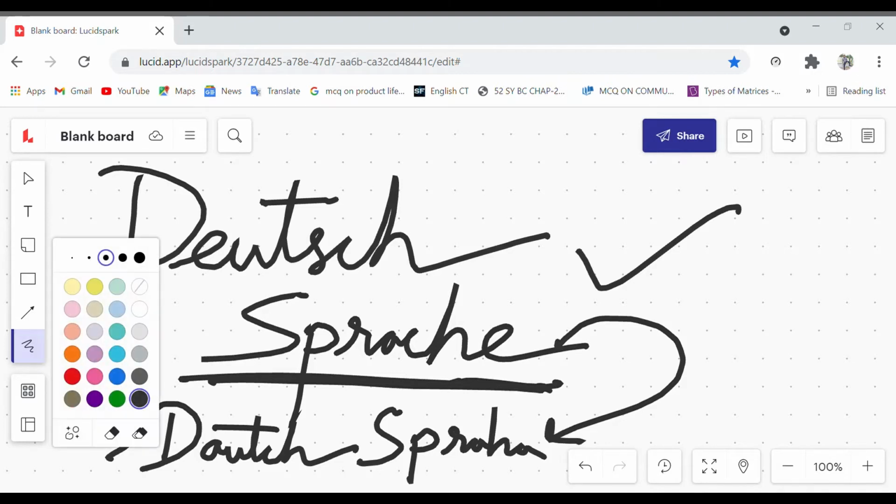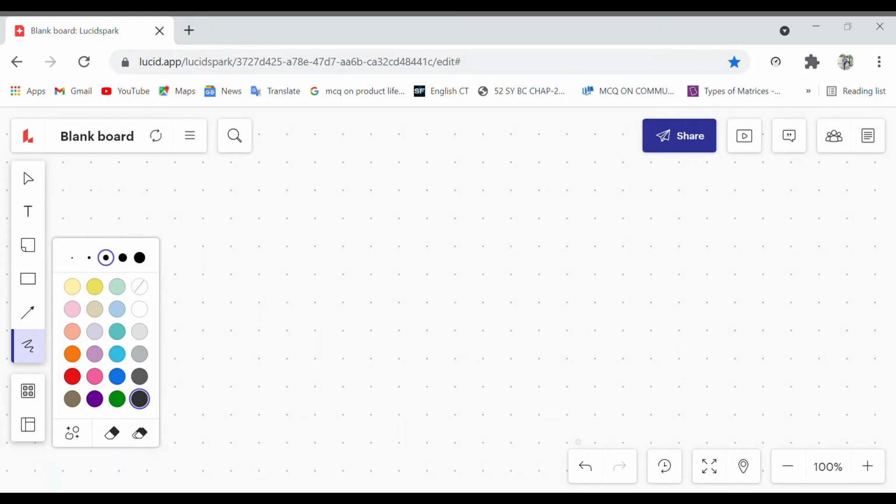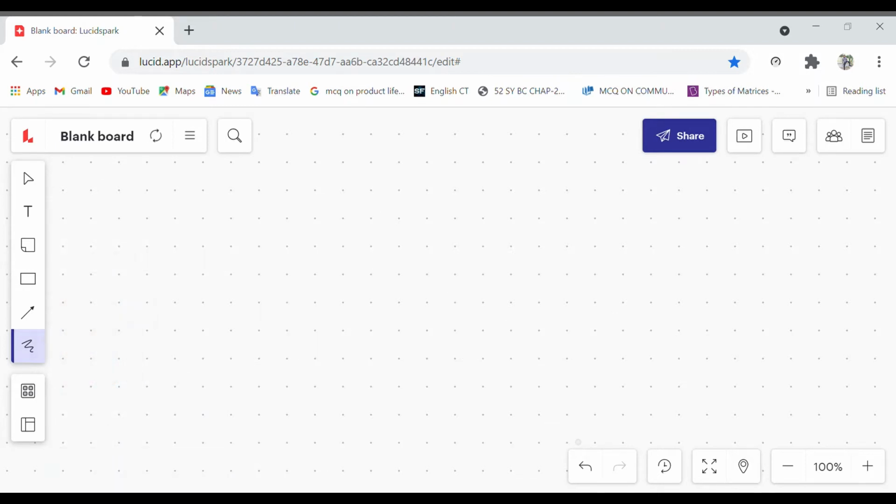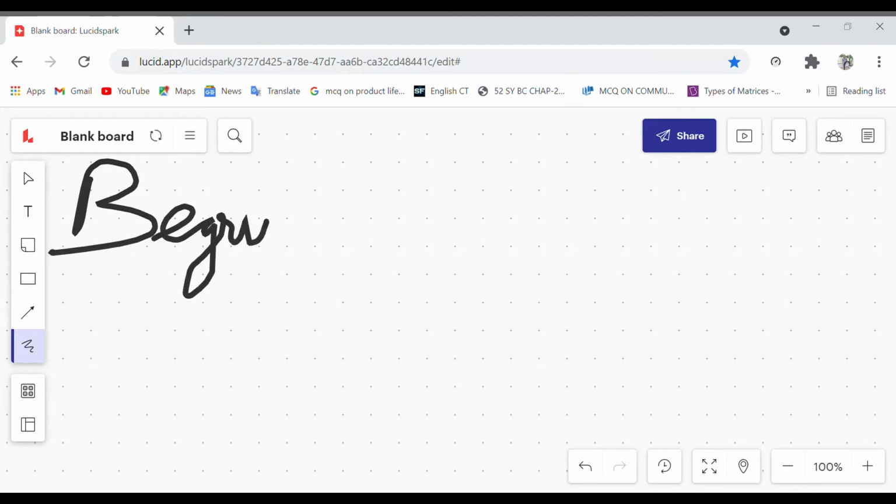So let's move on to another complex word, that is Begrüßung wollten. Sounds amazing, but let's see. Begrüßung wollten.